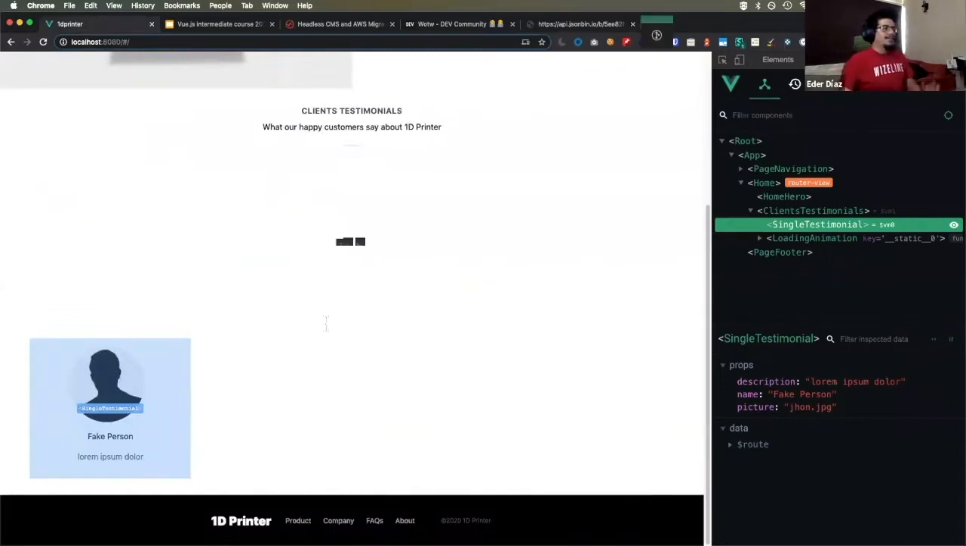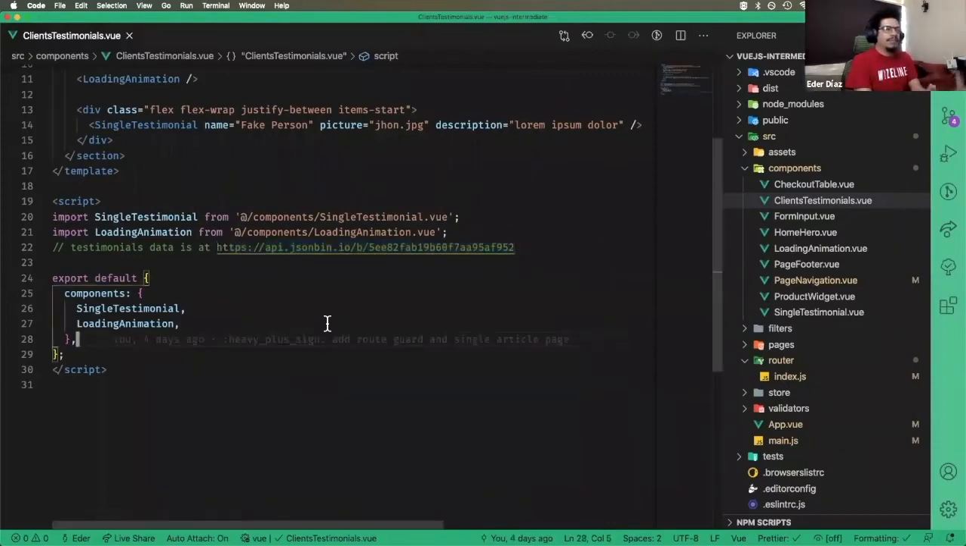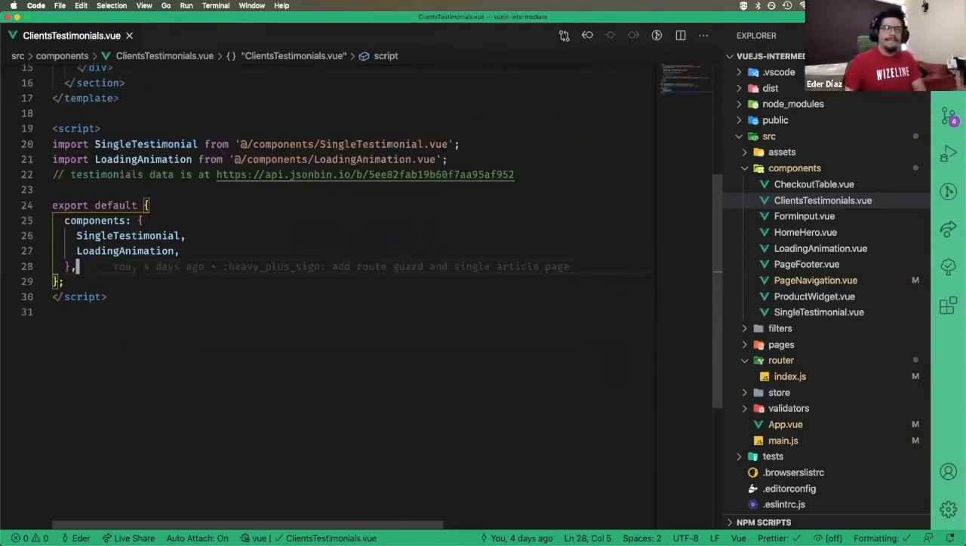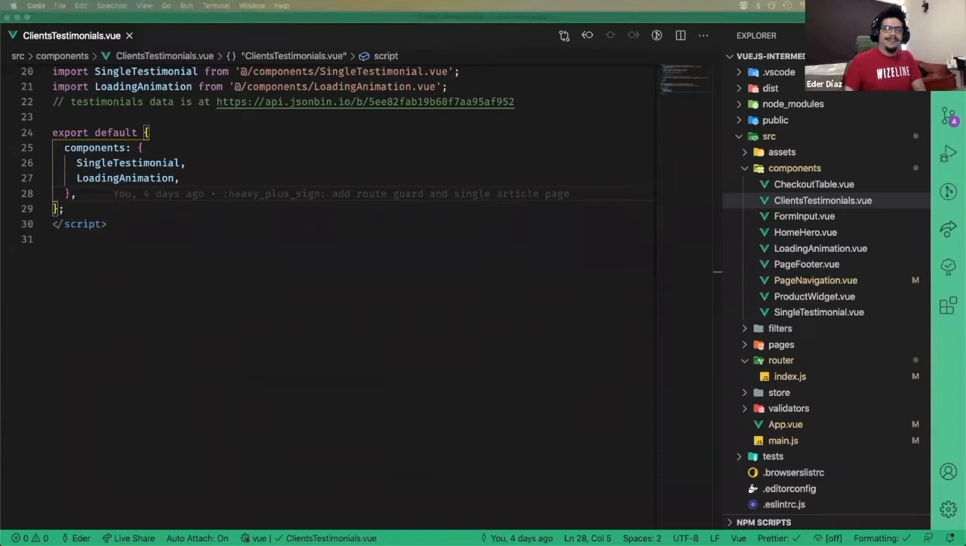All right, so the first thing to do is, when should we fetch the data, right? And I'm gonna throw this question to the chat. When do you think we should fetch the data of this component? No one? Oh, okay, well,